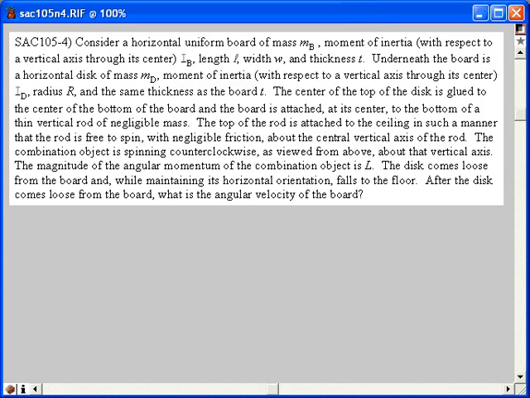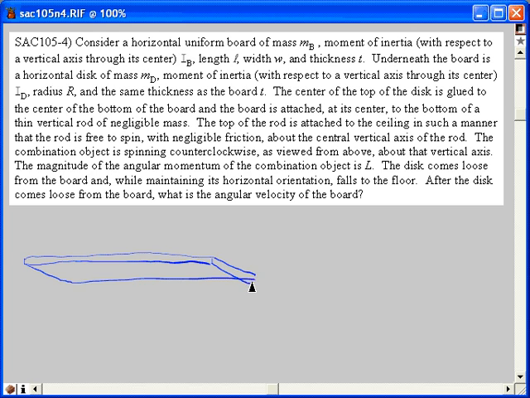In SAC 105, problem number 4, we've got a board with a disk under it. Let's see if I can get a reasonable sketch of that. I can call it a before and after picture. There's the board. Here's a disk attached to it. Give that a little